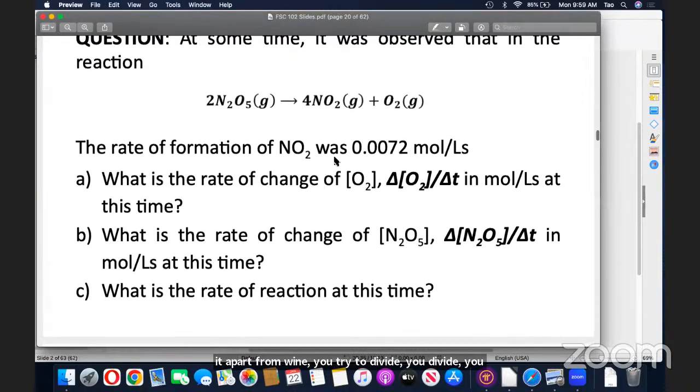So since NO2, we have 0.007 for NO2. If you want to use NO2 to determine the rate of reaction now, you're going to divide that by 4. You're going to divide that by 4. We already did for